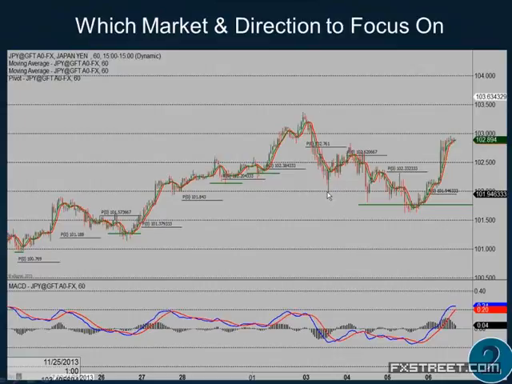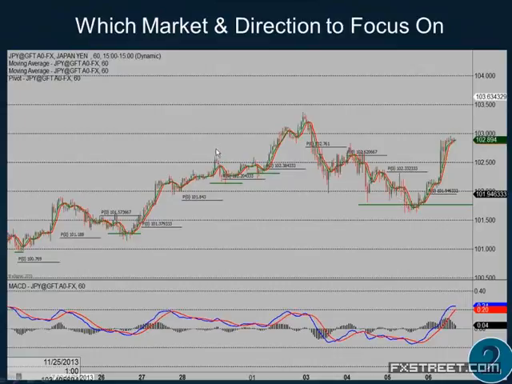Then here, what happened? You had a lower high, right? Very simple stuff. You went from making higher lows to lower highs. So generally, if you're making lower highs, that tells me you're selling rallies. And you can see the pivots were perfect. The pivots were below the market, providing support. All of a sudden, bam, now the pivots are above the market, providing resistance.